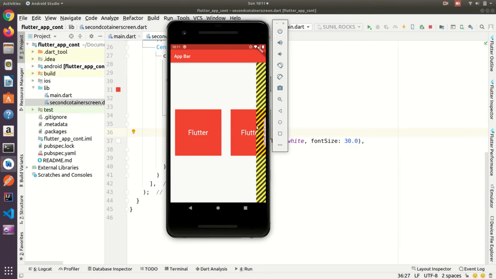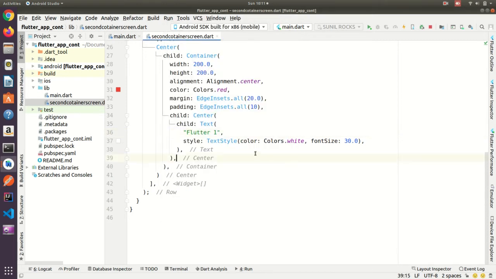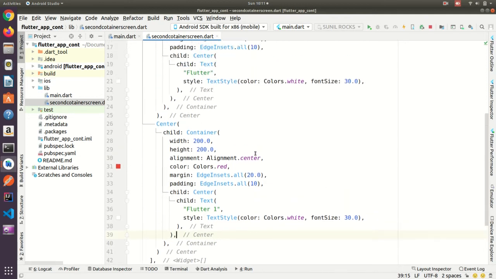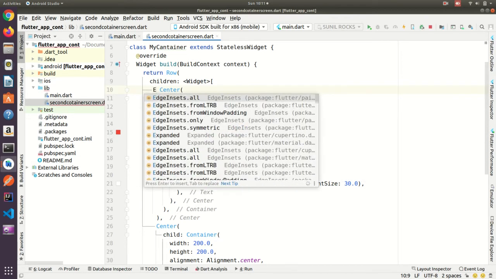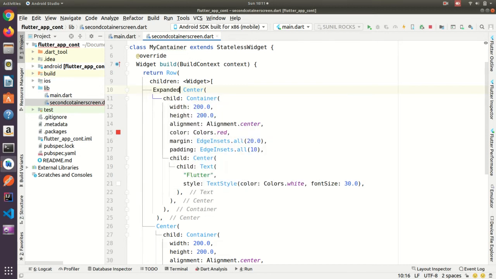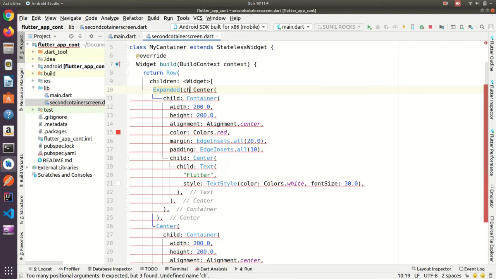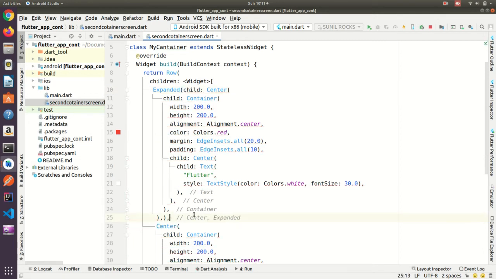So for that, when this thing happens in text or anywhere or any view, you need to use an expanded view. So before center you need to use Expanded, open bracket, then child, and under child we need to put the whole view. Here we need to close that expanded.